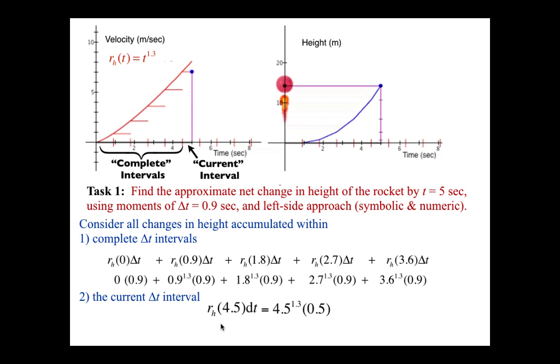But you may or may not have worked a lot on this in previous classes. If you have to add up a whole bunch of terms that are fairly similar, there's only one thing that's really changing from one of these terms to the next in numerical form, like what number is raised to the 1.3 power. Or in the symbolic form, it's where am I evaluating r sub h? But everything else is the same about each of those 5 terms. What we're going to be building toward